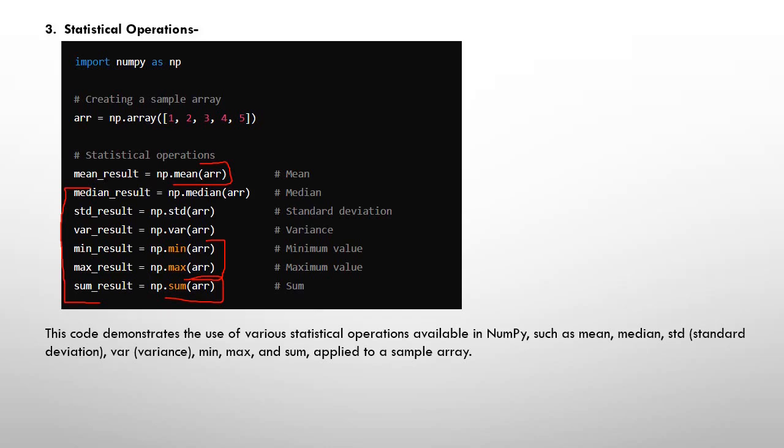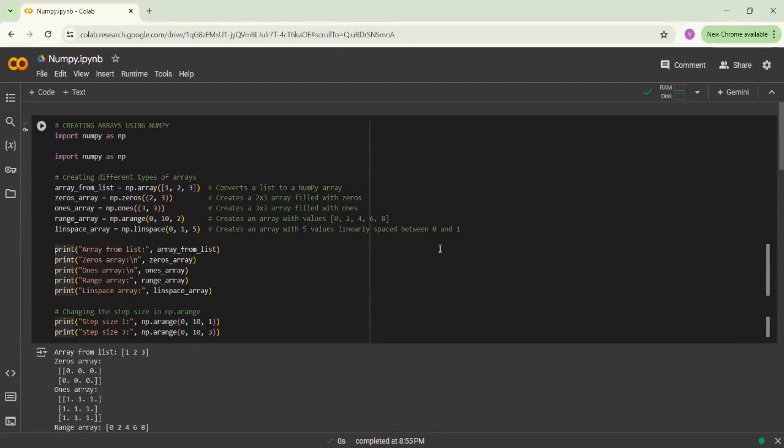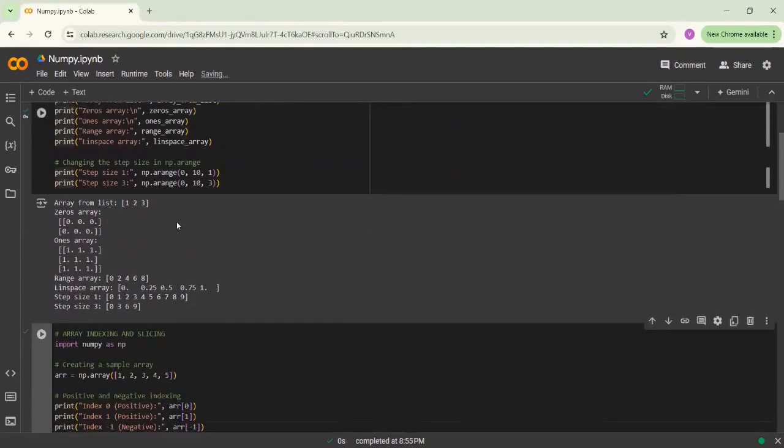So now we will go to the Google Colab platform, where we will see some practical application of what we have learned today. So now we are at Google Colab, and let's see an example on how to create arrays using NumPy. So here are all the examples and different methods that we learned on how to create arrays using NumPy. And if we execute this code, we can see that an array is created from a list,